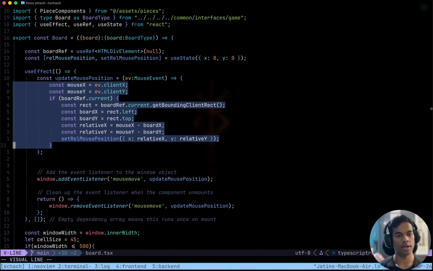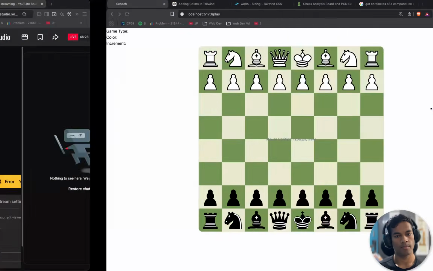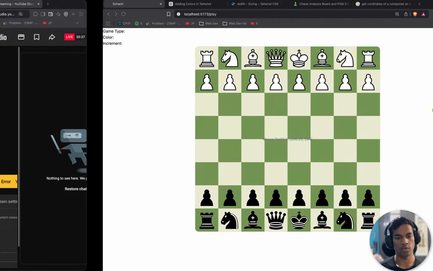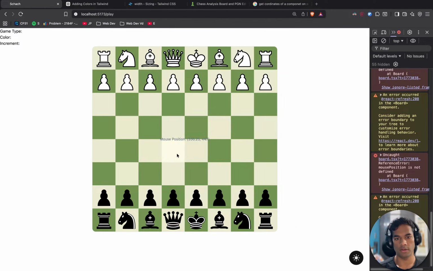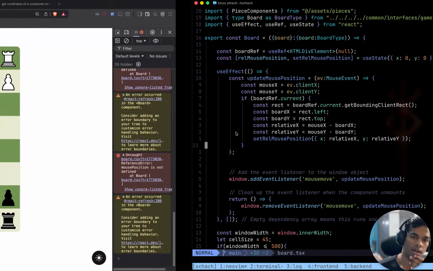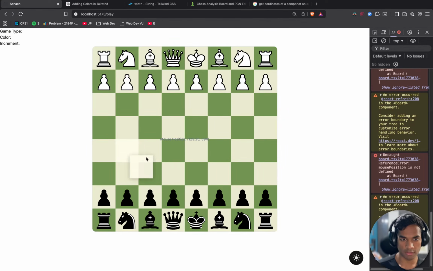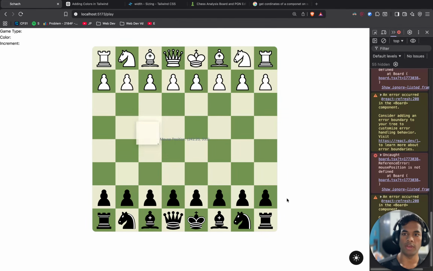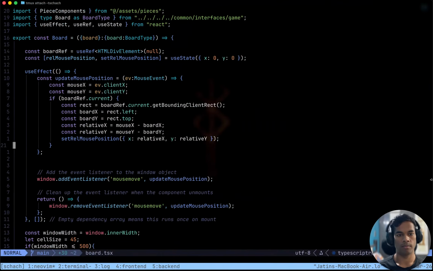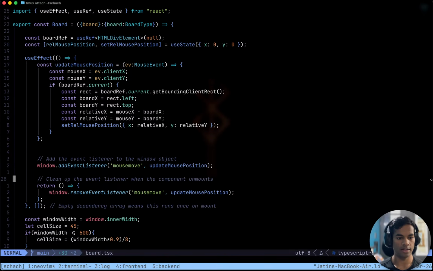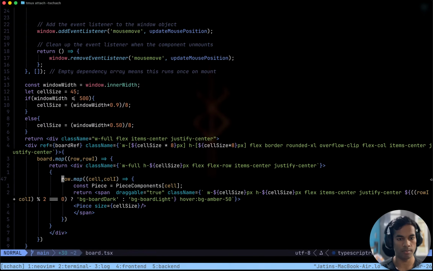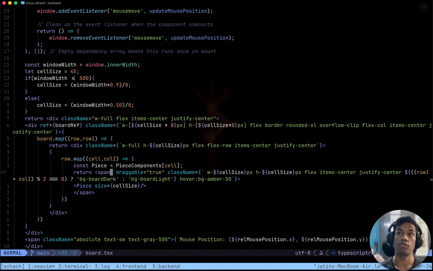Yep, we have to make the change in this event listener itself. I think that would be cool. Inside this event listener, we will have to give an ID to each of these blocks so that we can get to them when we want. And what should be the ID? Just their coordinates would be cool. These spans, each of the span.